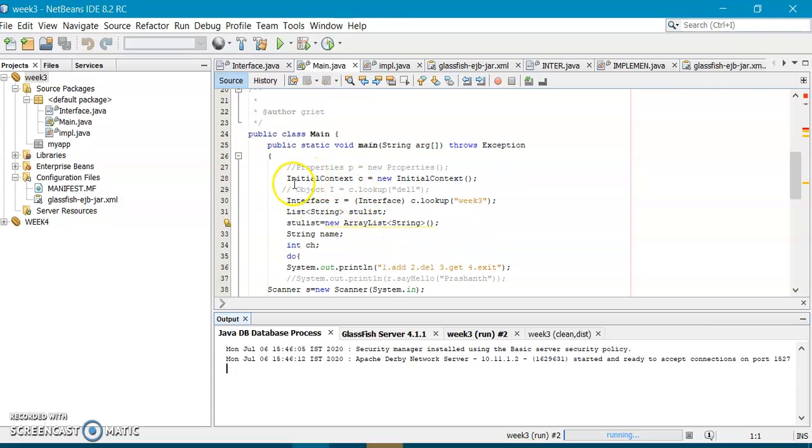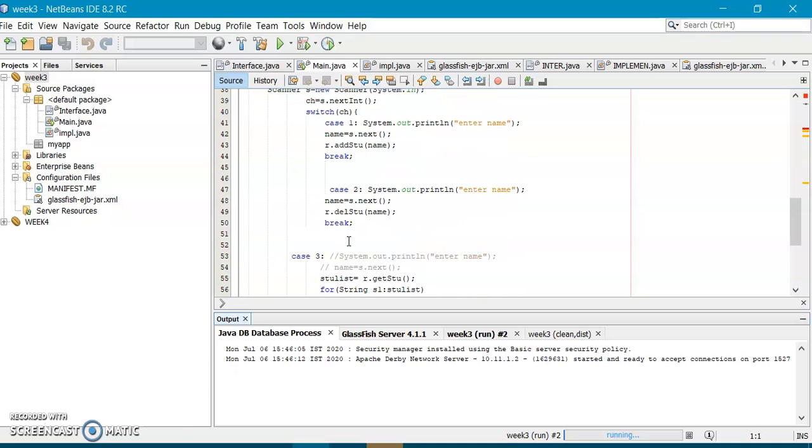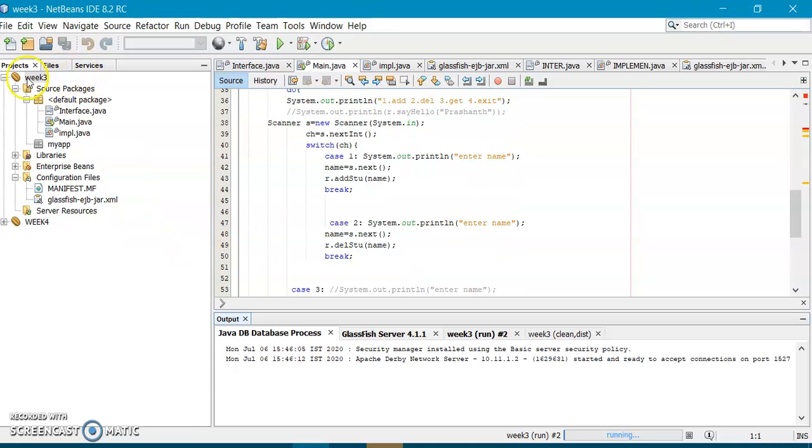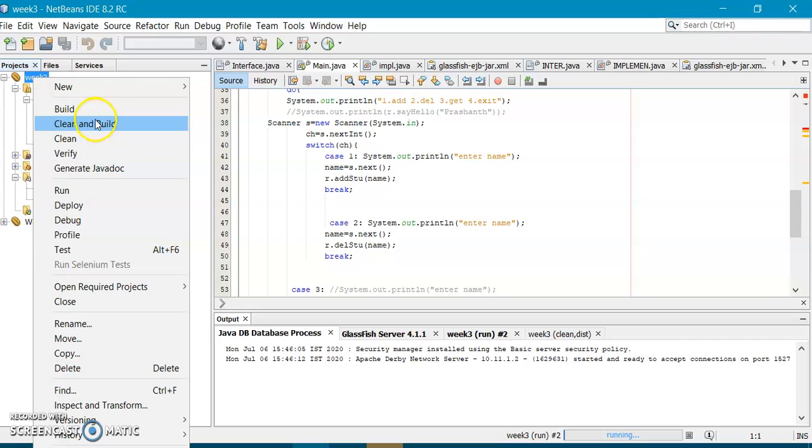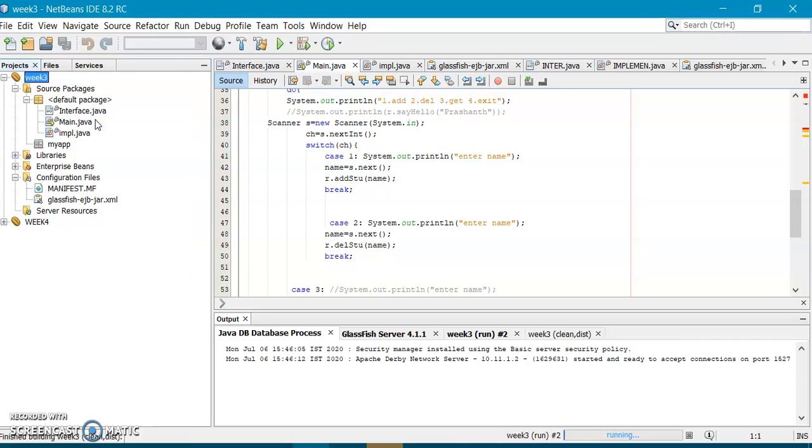First you create the initial context, C is equal to new InitialContext, then create an object for the interface by using this. All this I have explained. Oh, it's taking too much time. I am saying build again, clean and build.